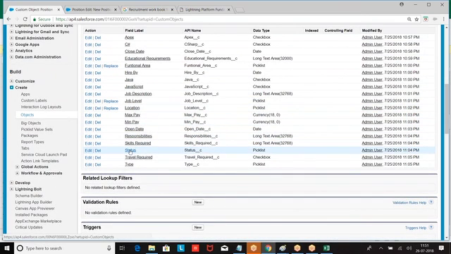Location done. Status. Did we create field dependencies?